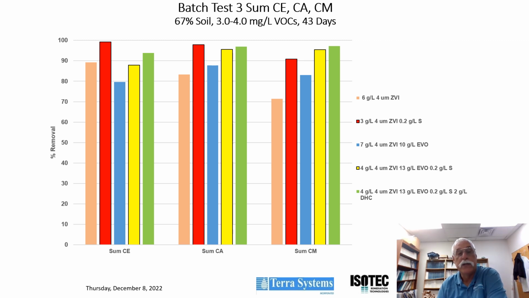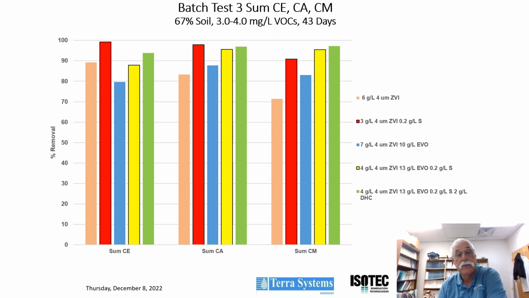Batch 3 used 67% soil, chlorinated ethanes, brominated ethanes, chlorinated ethenes, and chlorinated methanes, at concentrations between 3 and 4 milligrams per liter. This study was carried out over 43 days. Treatments included 6 grams per liter of the 4 micron ZVI, 3 grams per liter of the 4 micron ZVI with 0.2 grams per liter of sulfur, 7 grams of the